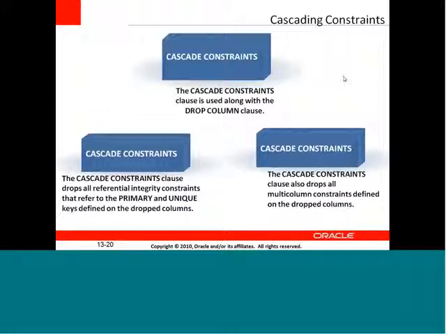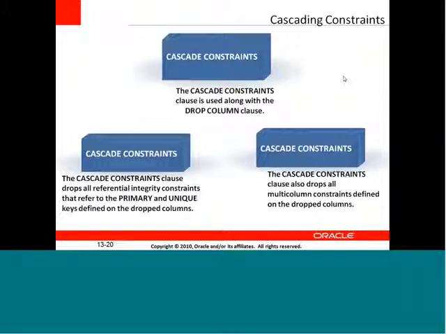Okay. So here, if I use the drop column clause, the drop command on a column, then anything related to a constraint in the form of a cascade constraint, anything related to referential integrity or dependent integrity, all those things will be removed permanently.